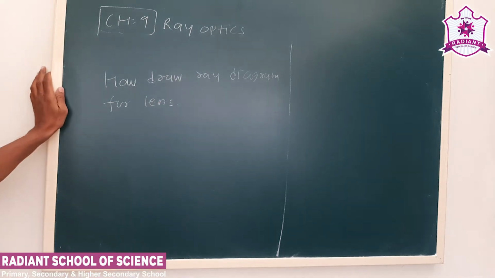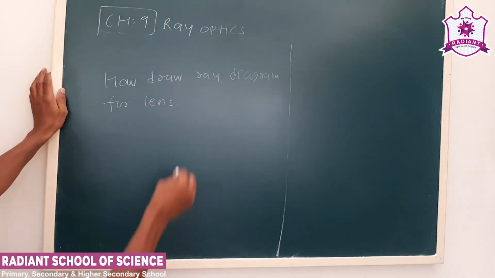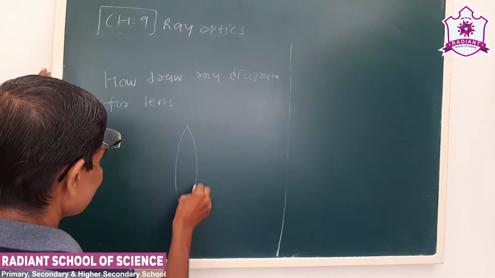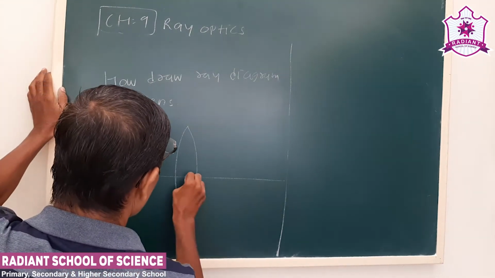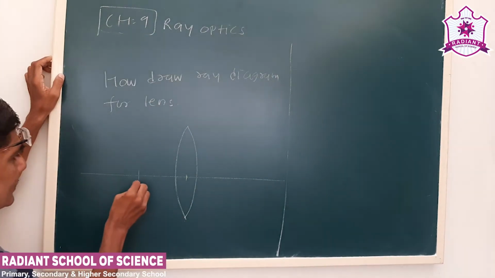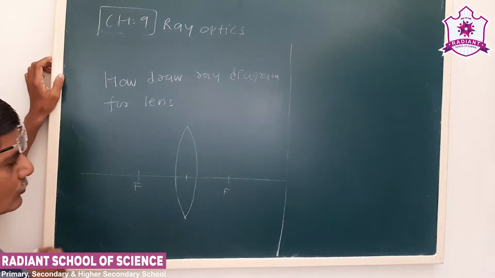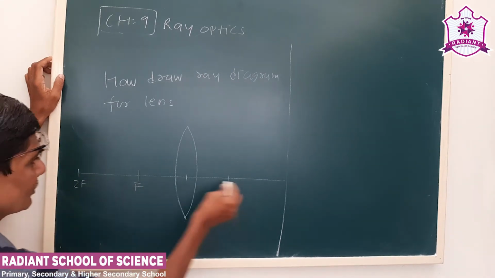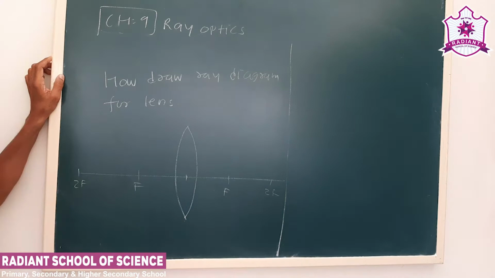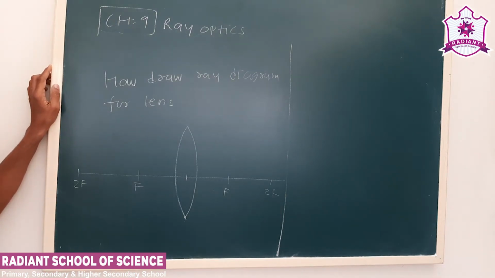Okay, now we start with a convex lens and there we have a generalized formula for the lens. Now see, a lens has two focus points, one on each side. Just as we had C equal to 2R, the center of curvature, here we have F and 2F. O is the optical center, and OF will be equal to OF on the other side.